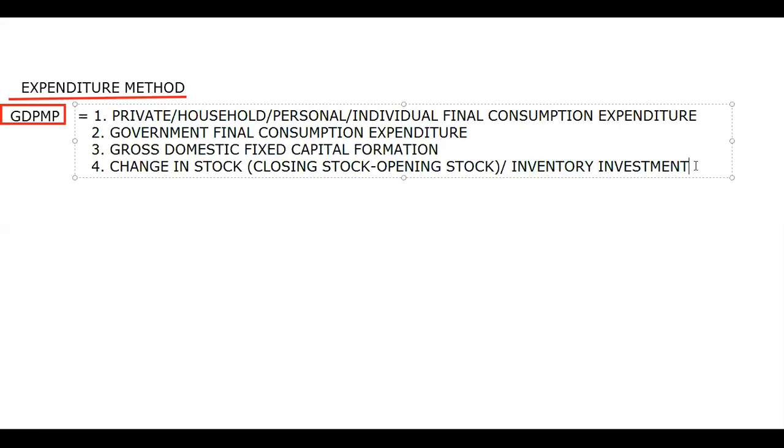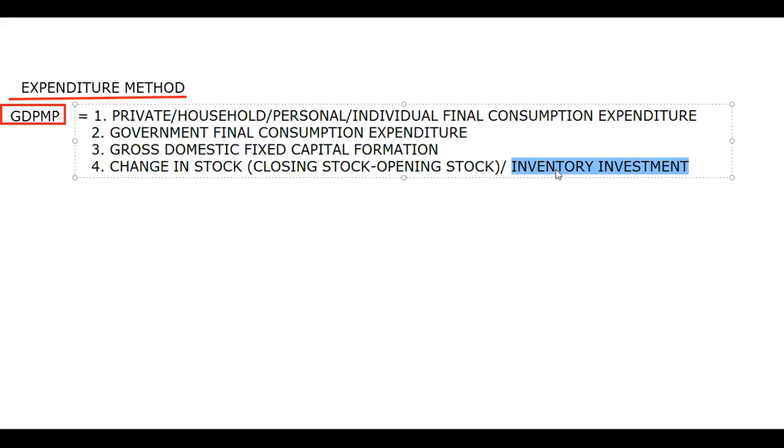This year the firm produced 1000 units of a product, but at the year end the firm noticed that only 800 units could be sold out, which means 200 units are still left. So that will be the change in stock. That will be the inventory investment, which means those 200 units the firm is going to sell in the next year. Ultimately till that time it is the inventory investment.